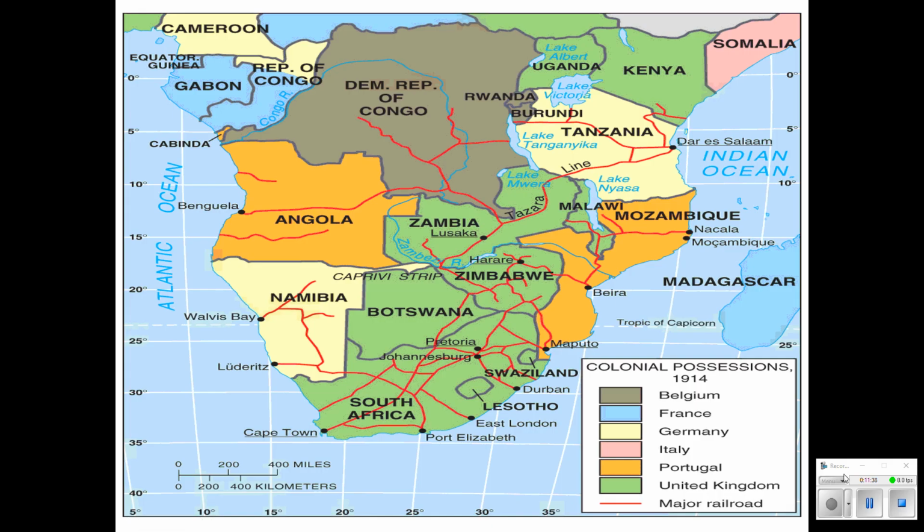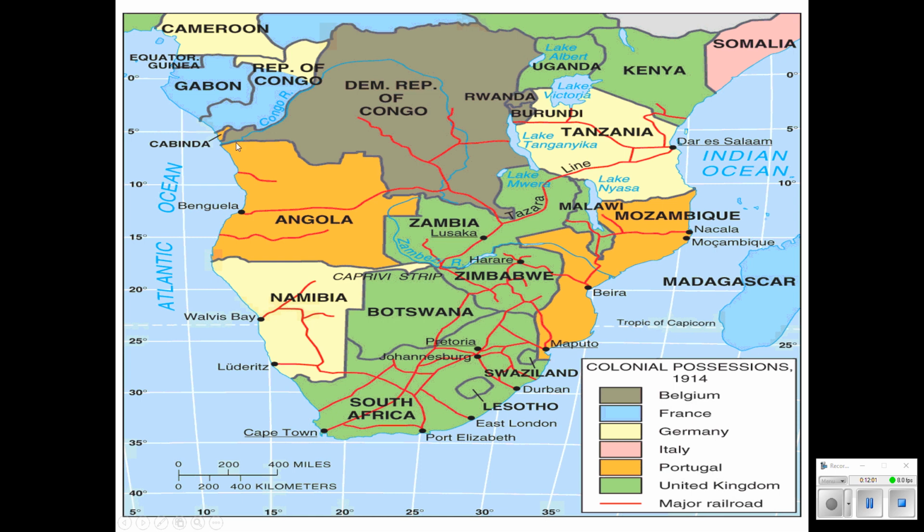Here are some great examples of all kinds of boundaries that we've just been talking about. We have some physical boundaries where the Congo River forms the boundary here. We have some geometric boundaries where we've got some straight lines. We have some boundaries that are antecedent. We have some that are subsequent. We've got some exclaves. This is that little piece of Cabinda that I was telling about that belongs to Angola,